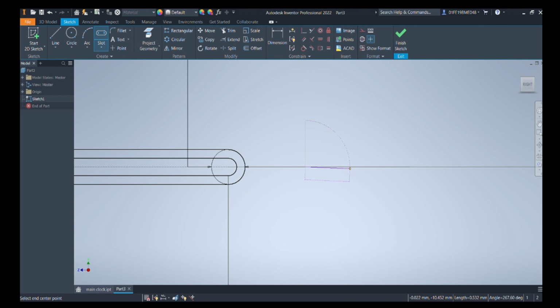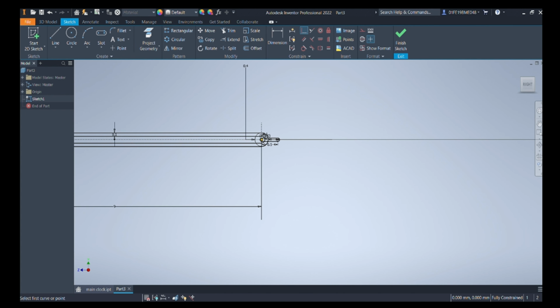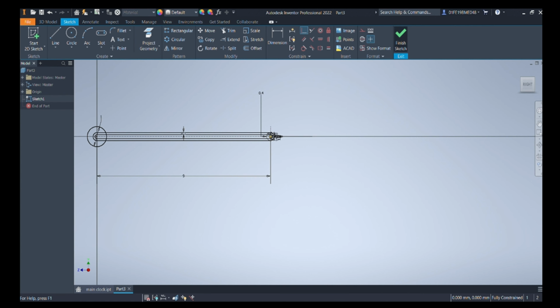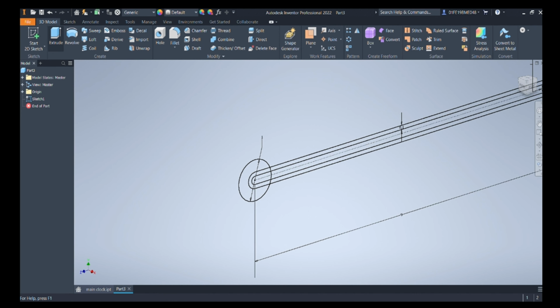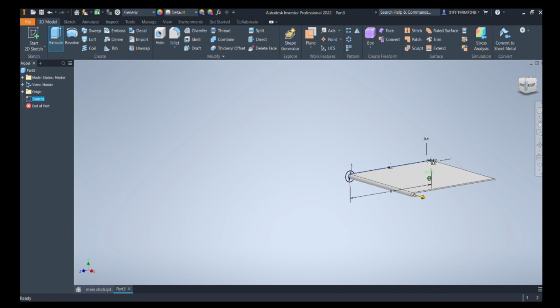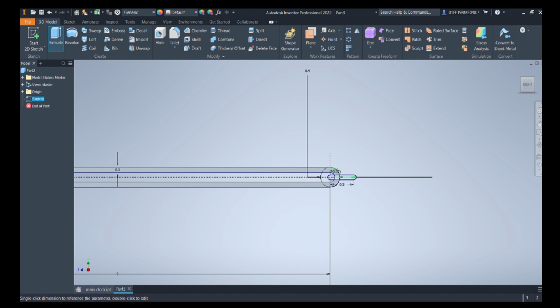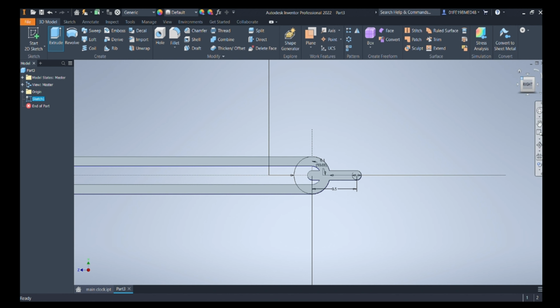Now adding one more slot, which will be the tip point for the hand. You can take it randomly by correlating it with the big hand. You will get to know the exact number. Yes, it's 0.5 and 0.1. Don't need to offset it since we are completely extruding the part. Once we are done with it, then we can extrude. Not much, like around 0.1 to 0.2 mm will be fine, since it's just to indicate the timings.